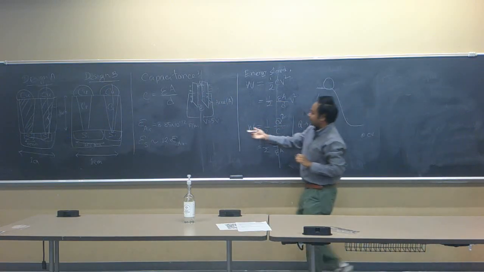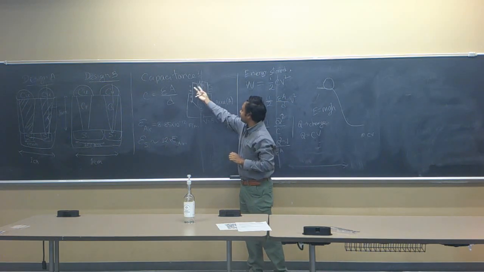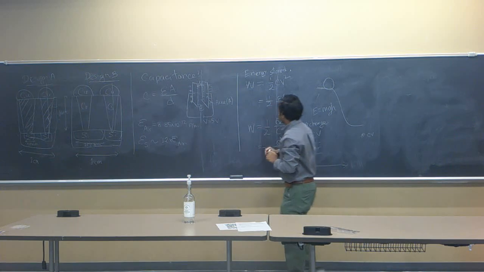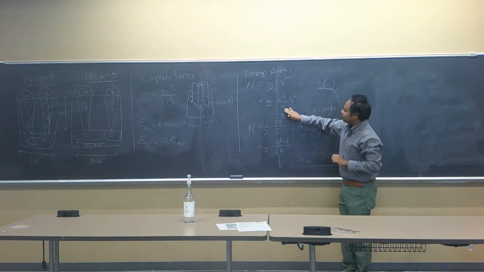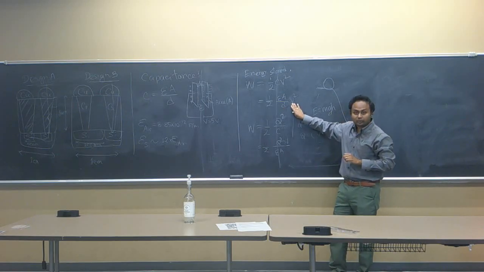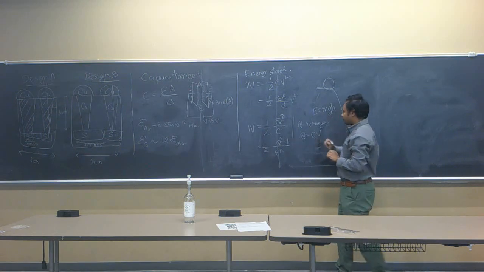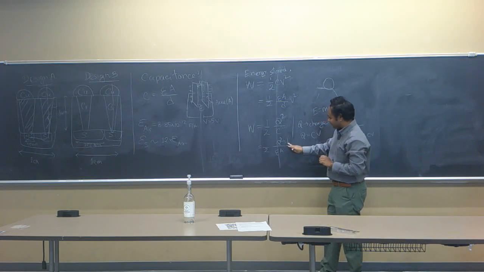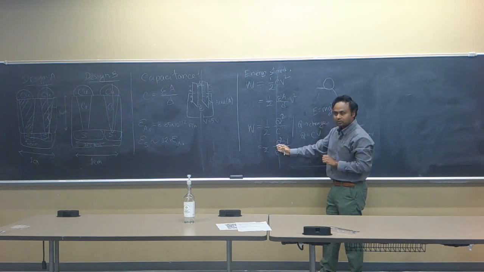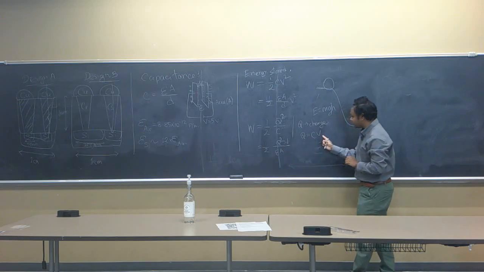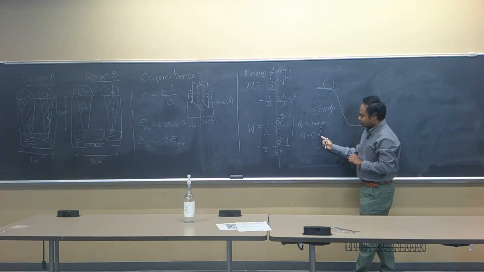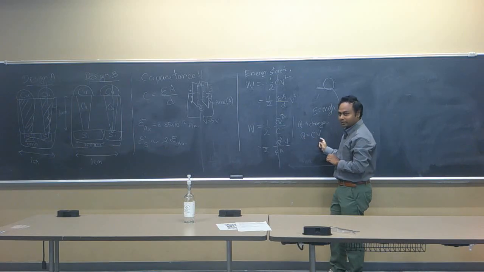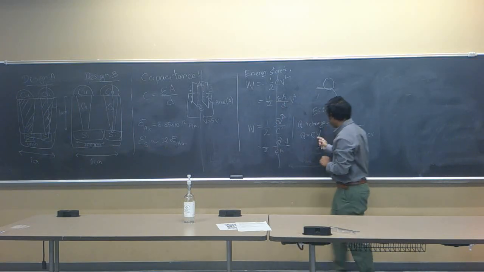So the voltage of the battery and the voltage that appears across these copper plates are exactly the same, given that these are very good conductors. So in this scenario, even if I change D, the voltage is not going to change. Everyone follows? How about this one? If I increase the distance D, is Q going to remain the same? Look at that. Q is equal to CV. So if distance D increases, is Q going to remain the same in this formula? Voltage is going to remain the same.